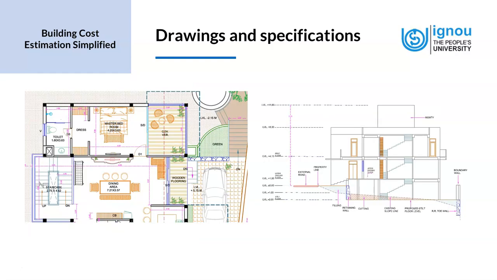Drawings and specifications. As an estimator, these two are of utmost importance because drawings and specifications give us the information about the material that is used in the project. So a skill that is required by an estimator is to be able to read the plans and sections and other drawings. In this, the plans and the sections are of great importance. We get the dimensions of various building parts, and we can derive the material quantity from reading the dimensions and in general getting an idea of the drawings and specifications.